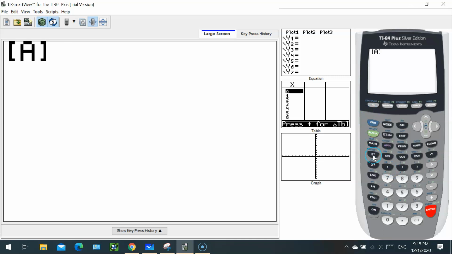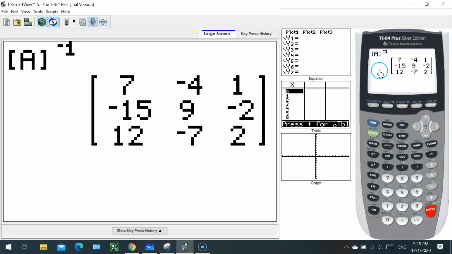Now, the inverse key is this button. It's under the math key. So click on x with the power negative 1, and then it will give you the inverse of the matrix A. Now hit the enter key one more time. Then this will be the numbers of your